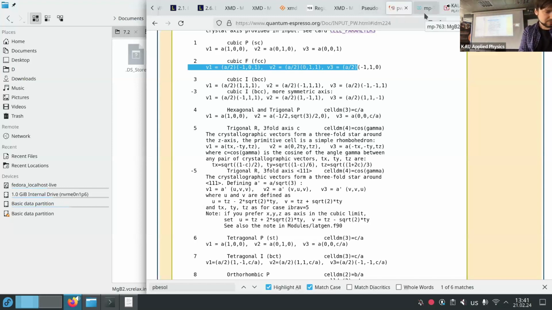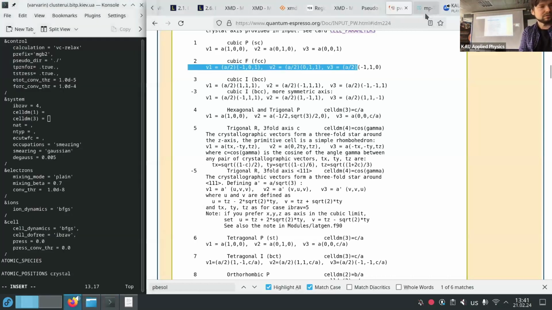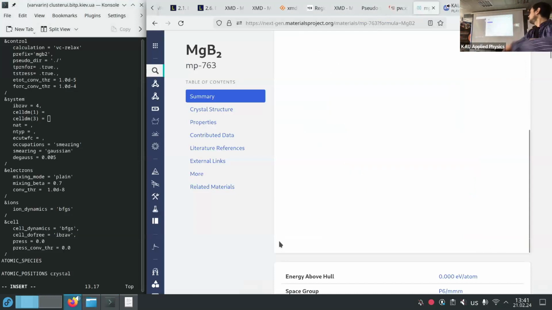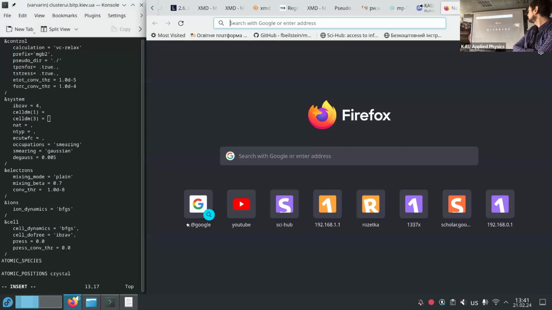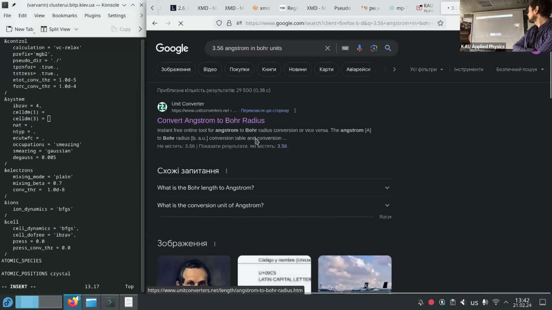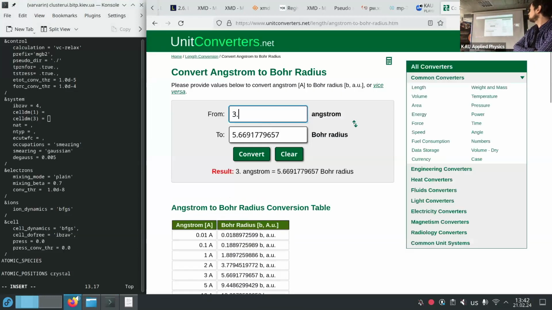Okay, so what's the next step? Let's see. Angstrom to Bohr, yeah, I also use this. 306, yeah, 306. So let's paste.